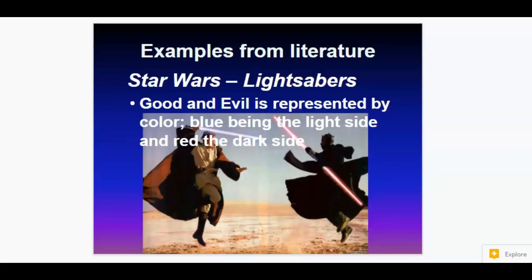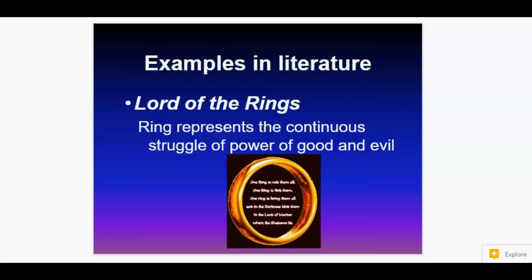Another example, Star Wars, I think, is a pretty obvious one. The lightsabers, good and evil, are represented by the colors. You should have seen that in the video that you watched on movies. I think that's a really good example as well. Lord of the Rings, a ring representing something continuous, right? Because a ring goes in a circle and doesn't stop. It's the struggle for power of good and evil, and how there will always be that circular struggle of good and evil. Sometimes one's on top and sometimes the other is. And those are all the examples I have for you right now for